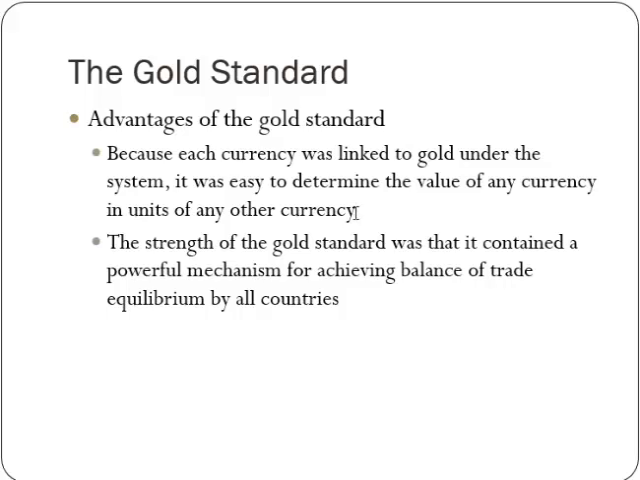Currencies didn't float against each other. And also, it had a balance of equilibrium by all countries. If you had the gold to back it up, you could essentially buy materials, and things were fixed. Now, obviously, the problem with the gold standard, the reason why it was gotten rid of, and the reason why